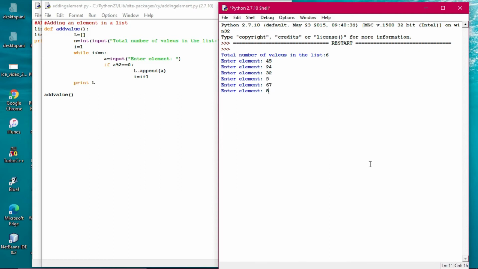All right, now you see what is happening. Enter element 7. Enter element 80. Enter element 90, enter element 92. Okay, like this. So now you see out here I have taken total values in the list will be